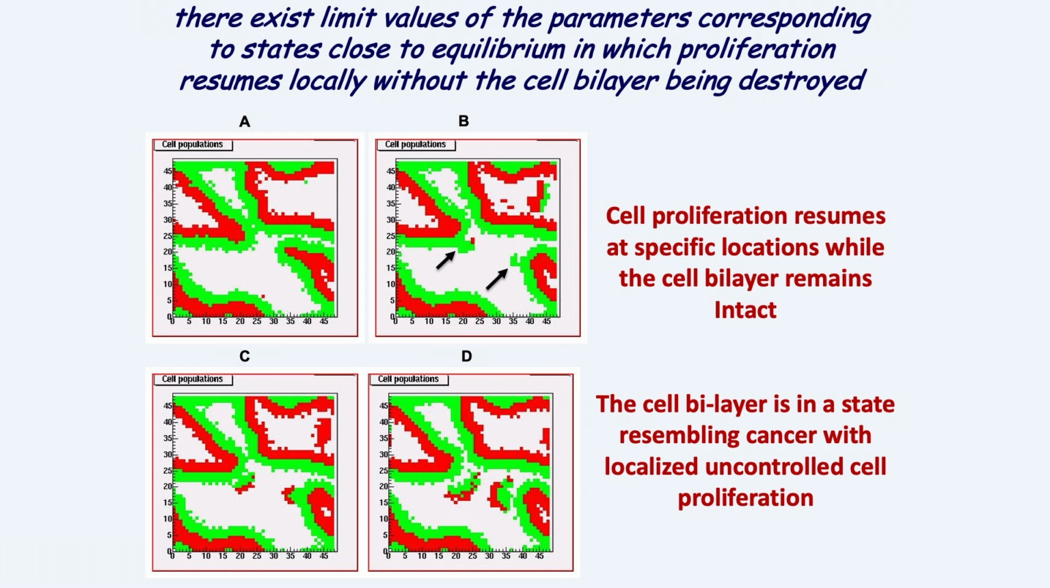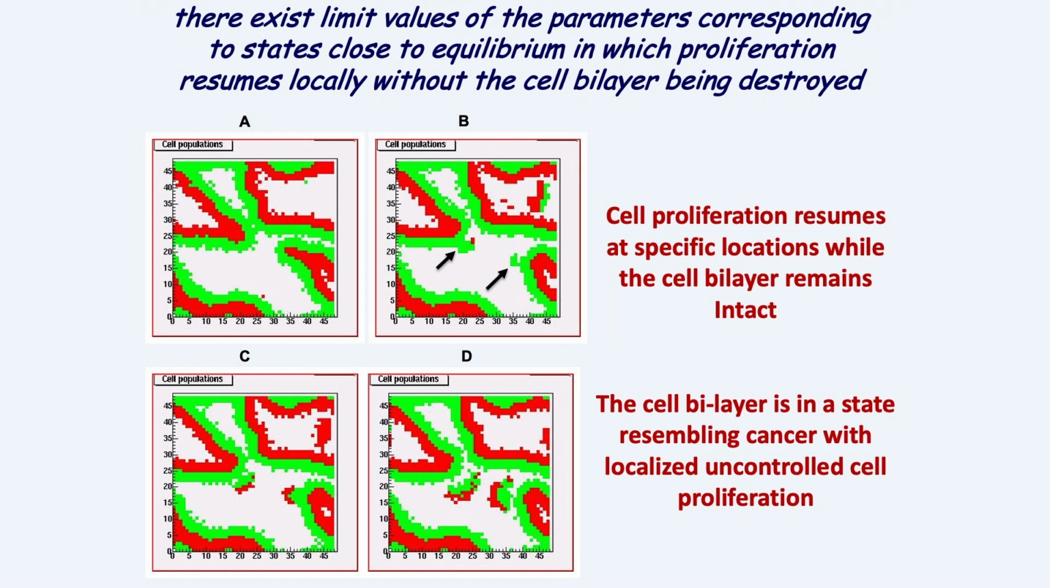Thus, it seems that the cell bilayer, our little worm, was in a state resembling cancer with localized, uncontrolled cell proliferation. These slight deviations in the values of the parameters in real cells could correspond either to mutations that would modify the properties of a protein, or more simply to the interaction of a protein with a carcinogen product that would also modify the biophysical properties of this protein, thus either altering the interaction with DNA and gene expression,